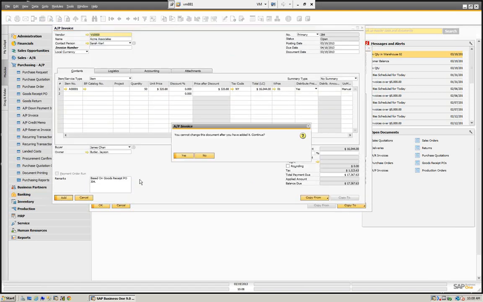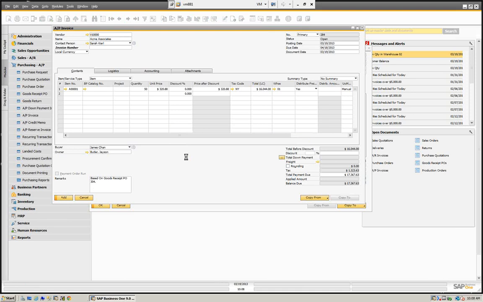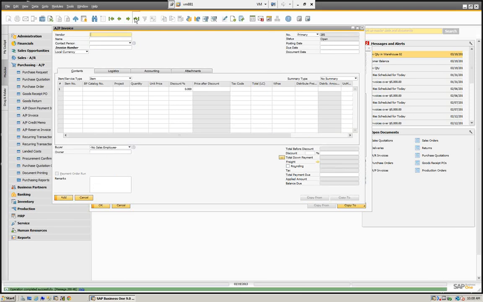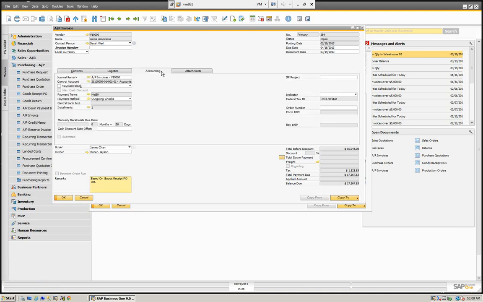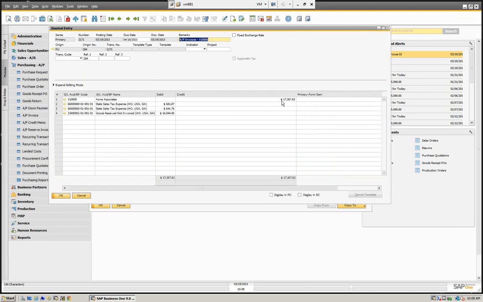We're going to go ahead and add this AP invoice. Call back the AP invoice. And again, we haven't affected the quantity or the cost. We've done that through the goods receipt. But now, if we look at the accounting effect, what we've done here is we've credited the vendor, which in turn credits the accounts payable account, because as we